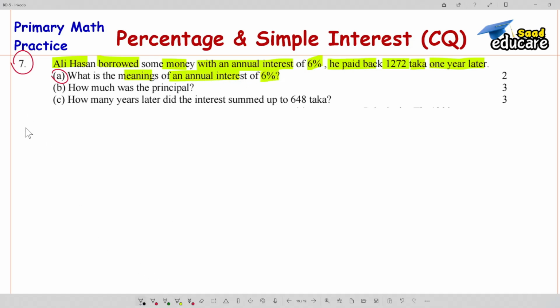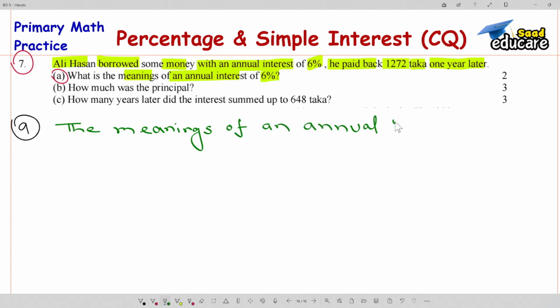So for part A, we can write: the meaning of an annual interest of 6% is that in a year, 6 taka